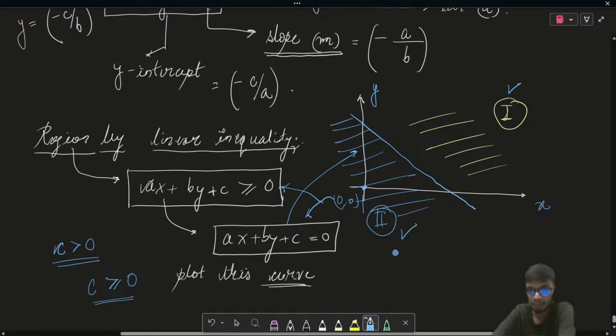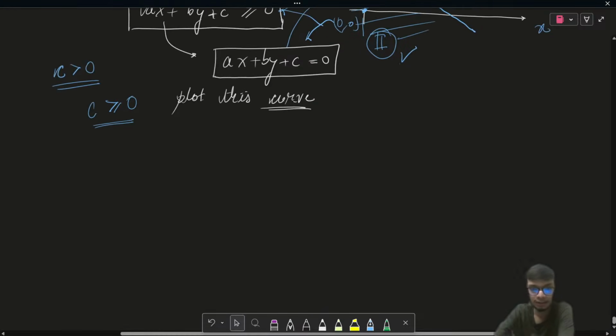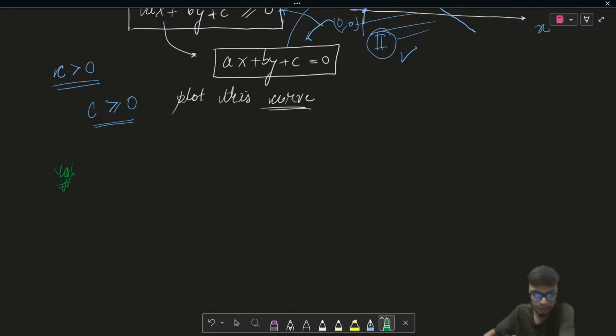So let's quickly take a simple example. If I give you a simple example, let's say I want to plot the region 3x plus 4y is less than or equal to 12, right? So I want to plot this inequality, that is 3x plus 4y is less than or equal to 12. Now what is the first step? Step 1 is to plot the curve